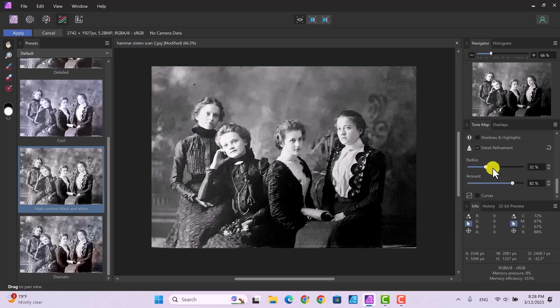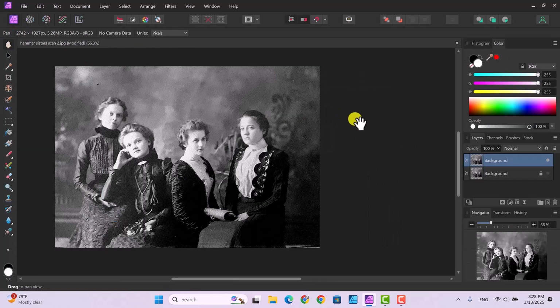And I move the sliders to where I will get the sharpness that I want without making it look so sharp that it looks like these women have a rash on their face. We don't really want to get to that point. I tend to like my pictures more sharpened than a lot of people do, so then again, it is personal preference. Okay, so now that you have that and you think that this is the one that you want, to apply it, all you have to do is go up to Apply,